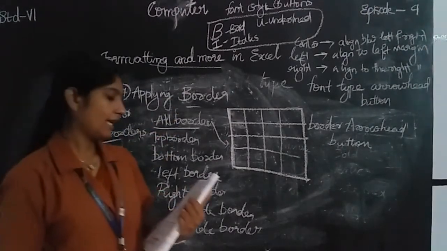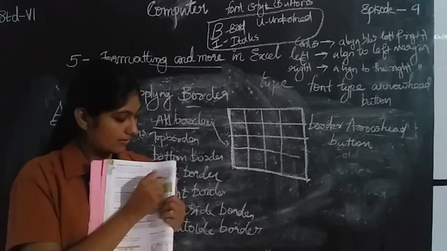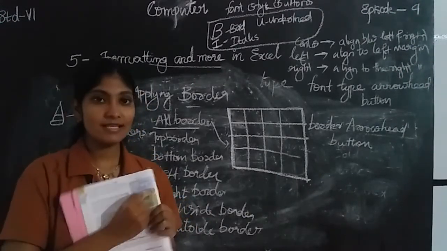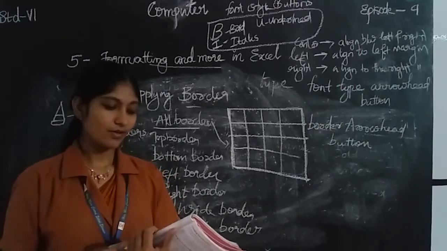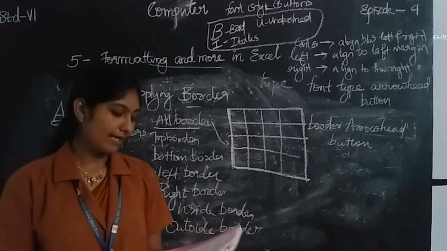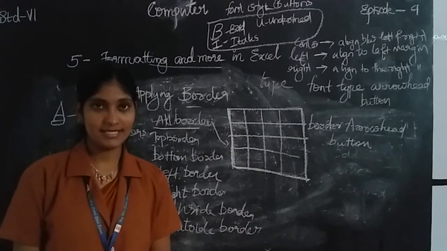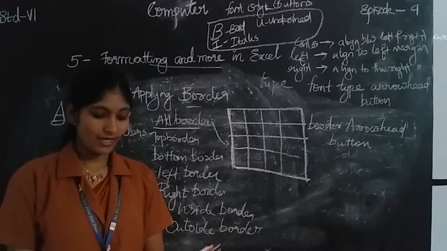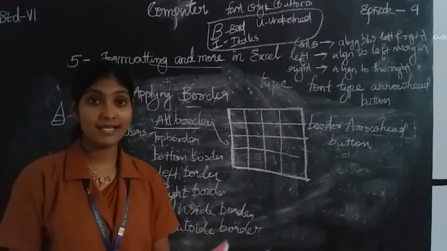So here there is the font color arrow button. Okay. Then next is changing the background. So here this is the font color arrow button. You can see it in your textbook. Then next is setting the alignment. You can choose the different alignments for the selected data by clicking on the required alignment button. So align text, left alignment,